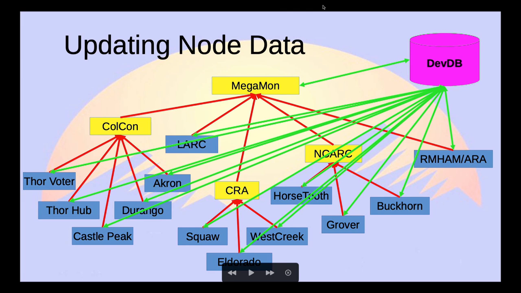And so the way that we've implemented that is that Megamon, which knows about all of the different nodes, can be polled by a service. In this case, we just use DevDB, which is the program that we use to manage basically all of the devices on the RMM network. It'll go to Megamon and say, can you tell me the IP address, the ports, and all of the node numbers that you know about, so that we can build a database of all of the nodes and the IP addresses to connect to or connect from